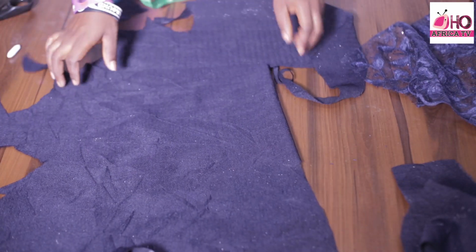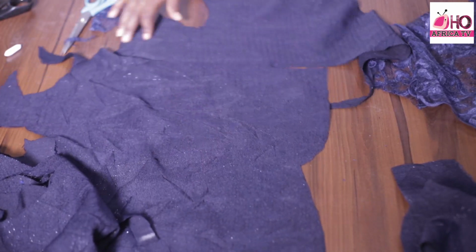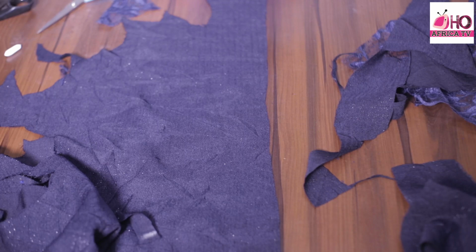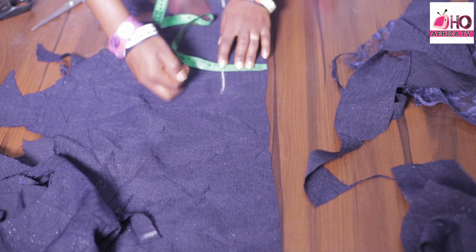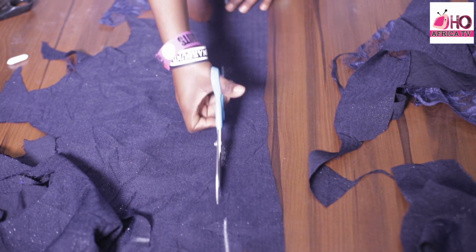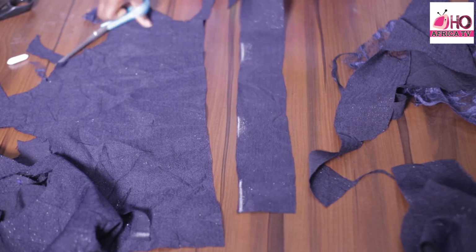And to do that, I need just a strip of fabric with the length of 3 inches. And as long as you want, that's going to determine the fullness of your gathers. And this is the length of 3 inches. You can make it as long as you want. So I'm going to create a ruffles with this at the front of my dress,